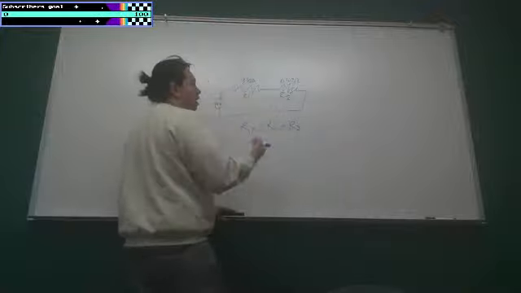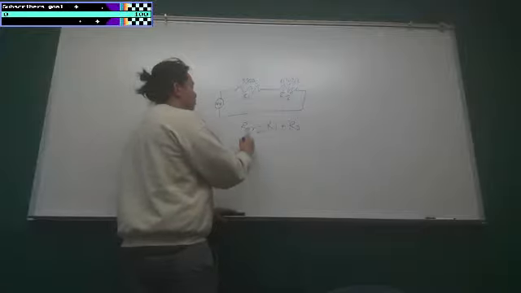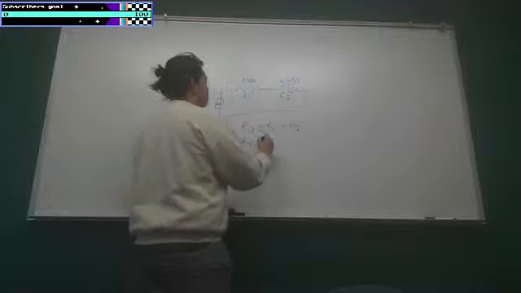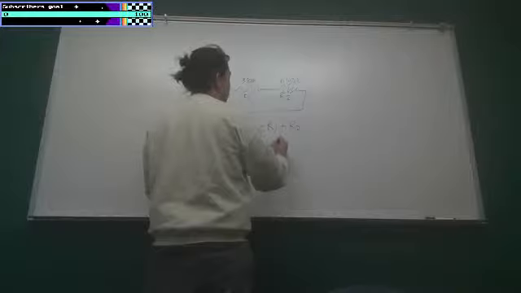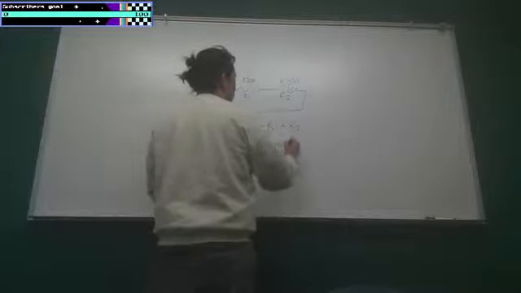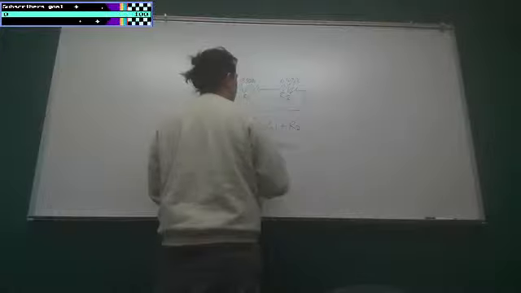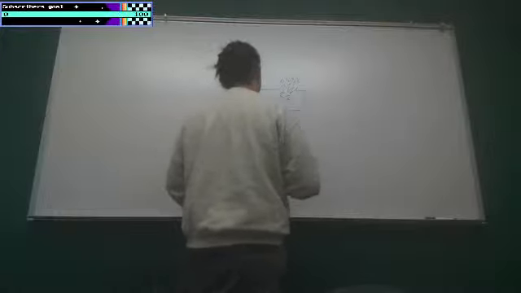So then you would just put RT equals 330 ohms plus 650 ohms, which just turns into,